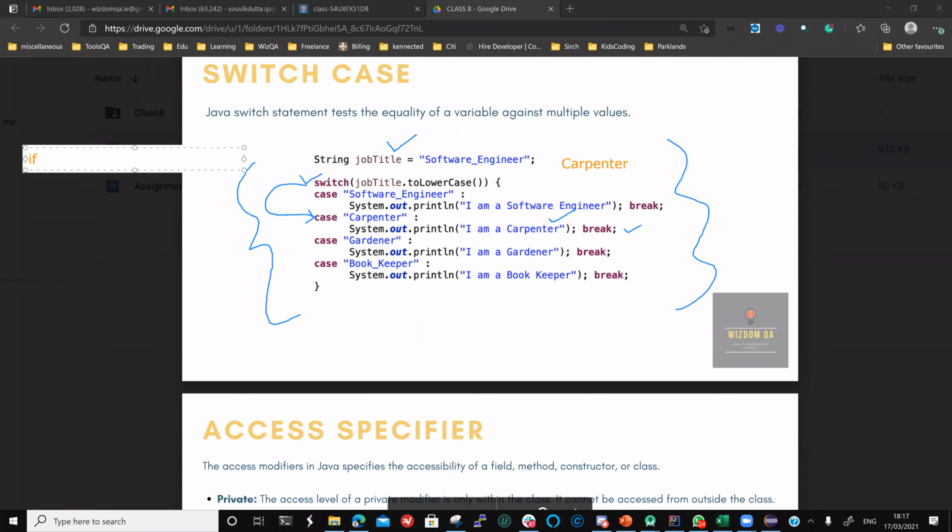I would say if job title dot equals software engineer. I'm just giving short stuff. Software engineer. Then I want to perform sysout SE, right? Else if